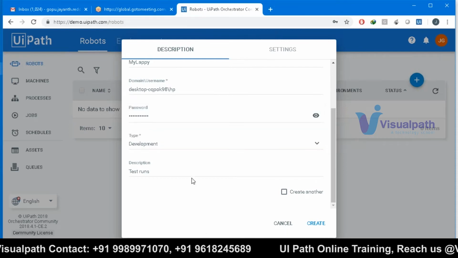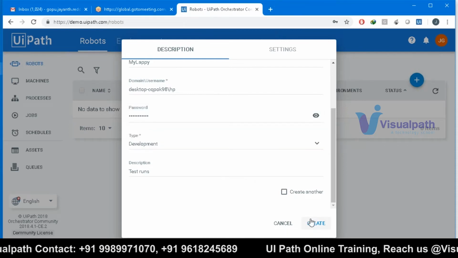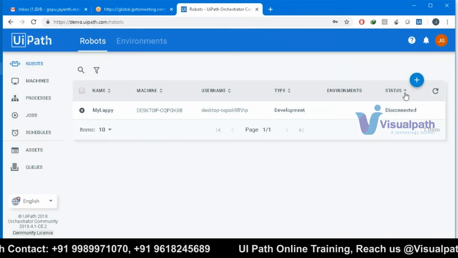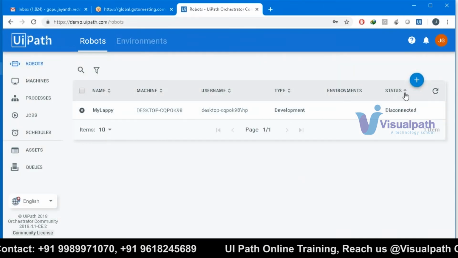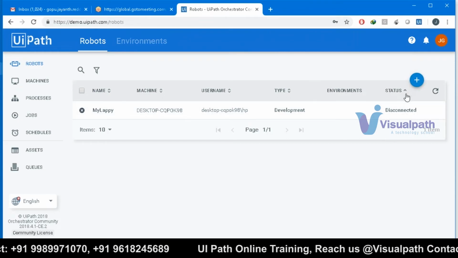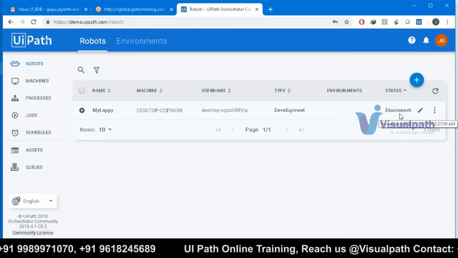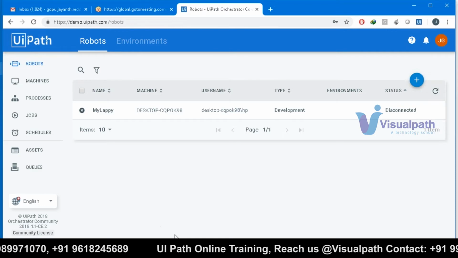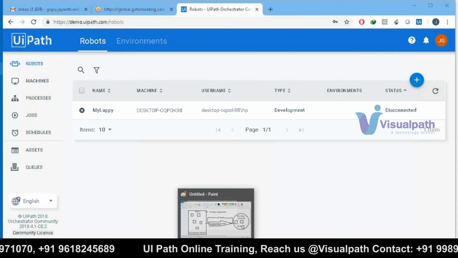So now I'm creating this robot. I have created a robot. Now I need to map it to my laptop. Now how to see? It says the status is disconnected because I only reflected this at my orchestrator end. Now I need to map it to my robot. In the sense, I need to map it to my